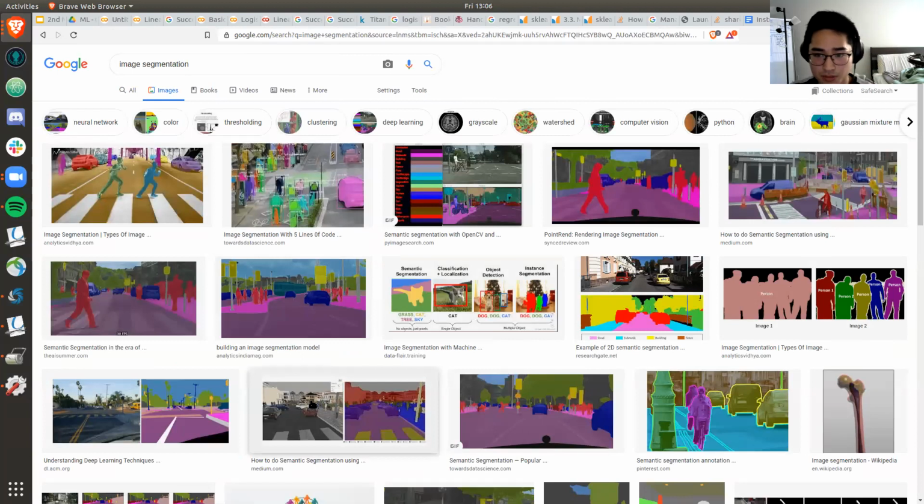It looks at the whole image, and if it sees objects that fall under a specific class, for example a bunch of humans, it'll classify them as a person and color them red. With cars, they fall under the class of vehicles, and it'll classify them as blue. This is used a lot in autonomous vehicles. If that's something you want to get into, object detection is okay too, but image segmentation happens to be a little bit better.